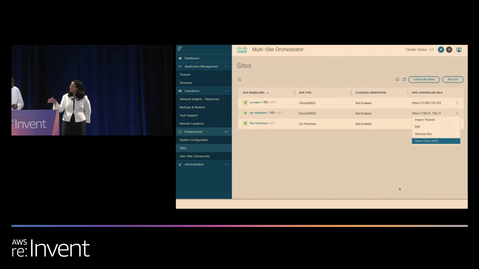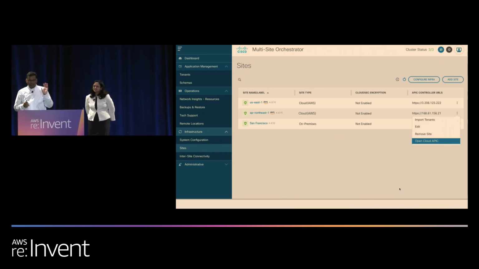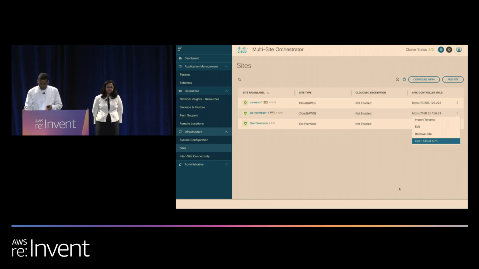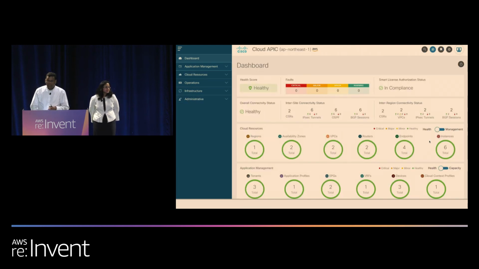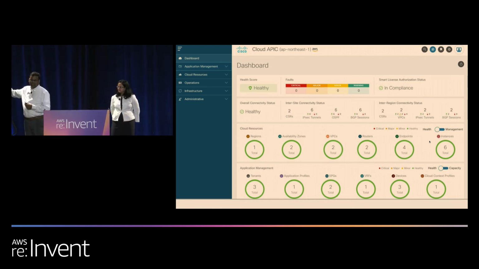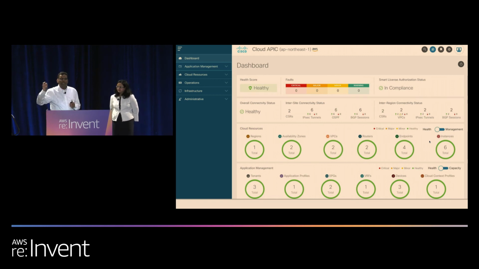But Azim, can the cloud epic also manage multiple regions? Oh, definitely, for sure. Very valid point, Myri. So in this case, if you want one cloud epic to manage multiple regions, we support that as well. So let me launch Cloud Epic directly from the multi-site orchestrator. The first thing you see is we tell you all the resources that we manage from the Cloud Epic perspective. And that gives you enough visibility at least to know what resources are created, rather than you go in different pain points and look for it.